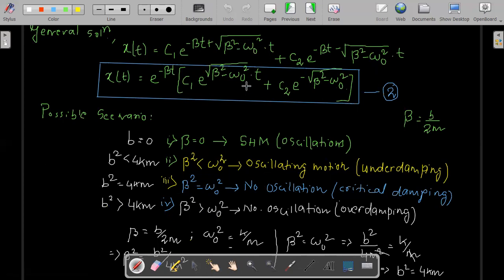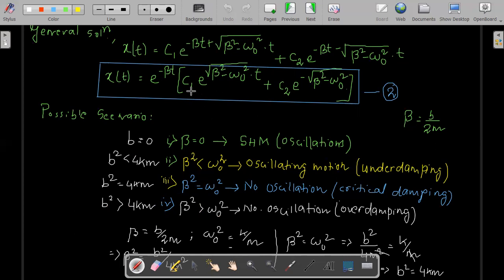But for this, we are not going to start with this final solution, although we can do it. And if we do, what we observe is that if beta square is equal to omega naught square, this part becomes 0 and this part also becomes 0. So e to the 0 will become 1, and it will have only two terms, (c1 plus c2 t) into e to the power minus beta t. That means it doesn't have any cos or sine term, and in simple words we can say that there won't be any oscillation, because we have seen that if it's an oscillatory motion